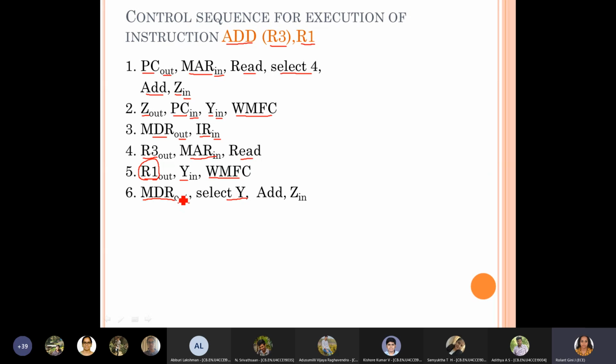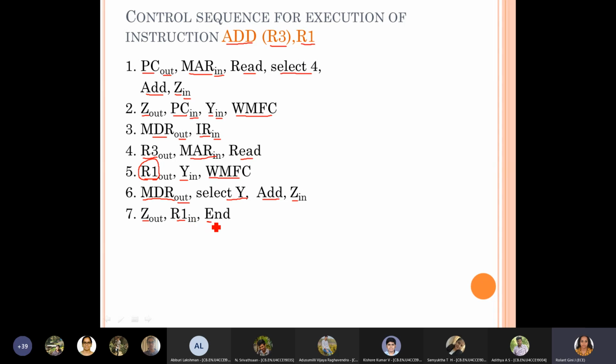So now we have the value pointed out by R3, and we have the value that was there in R1, then we go for add. Once added, the result can be stored in Z. And then the result is supposed to be stored in R1, so we enable Z out and then we enable R1 in, and with this the execution of the instruction we have taken is complete.